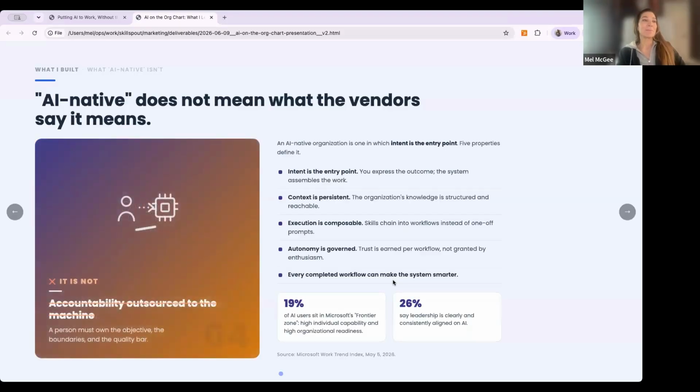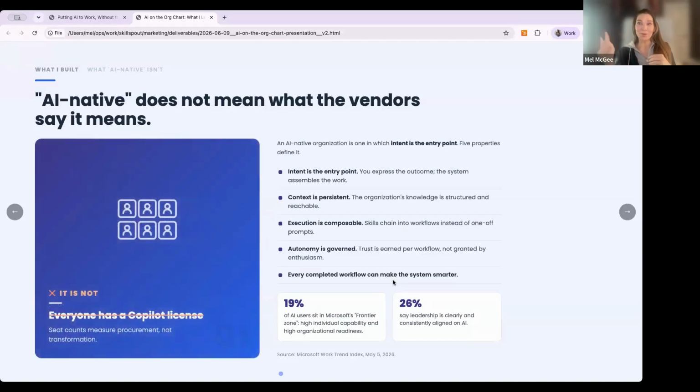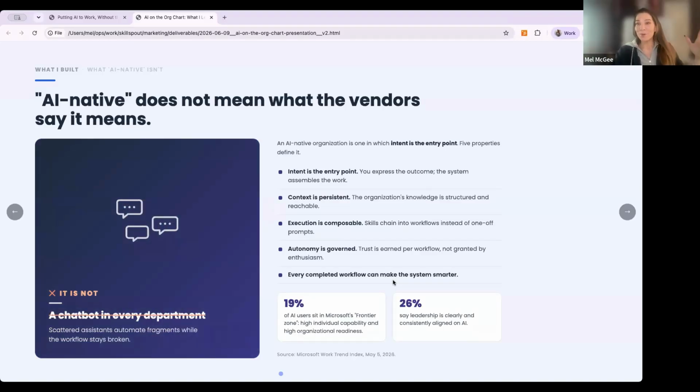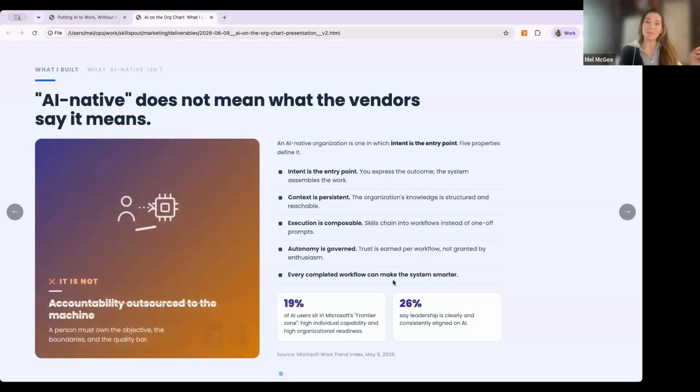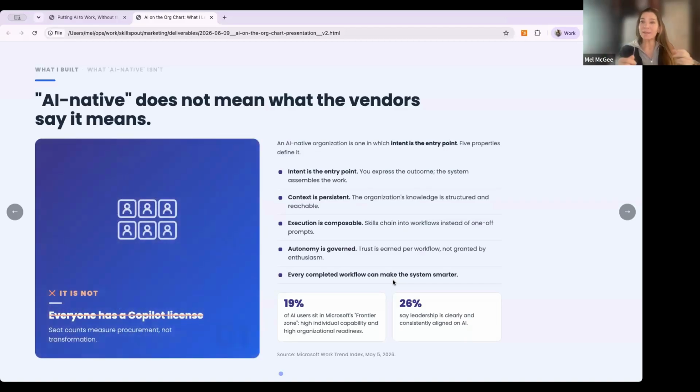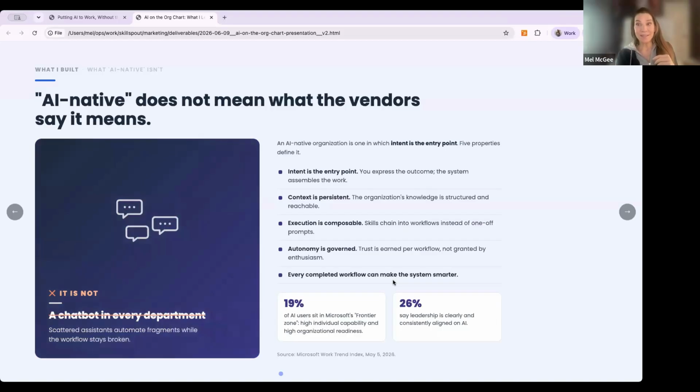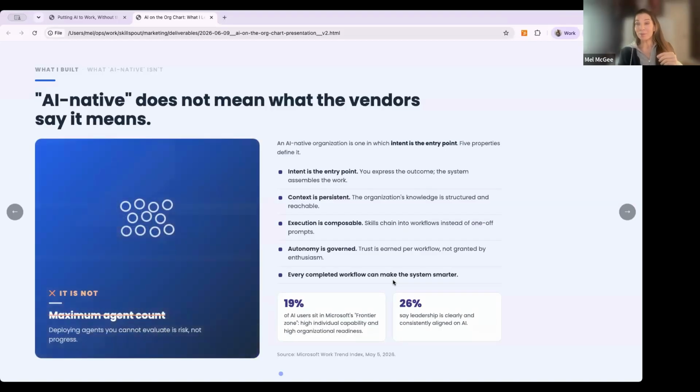So, think about it. A proposal, and we'll go through an example sales workflow in a moment. But let's say part of this is a proposal and it's getting sent to a client. Is that process done when the proposal is sent? Or is it done when we get a response from the client regarding that proposal? And I would suggest it's not done until we know how that proposal did.